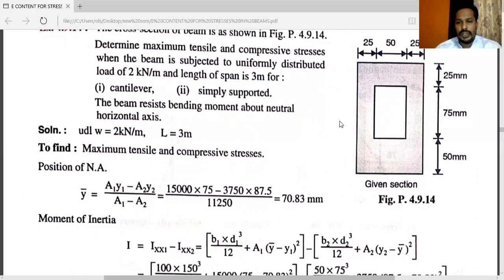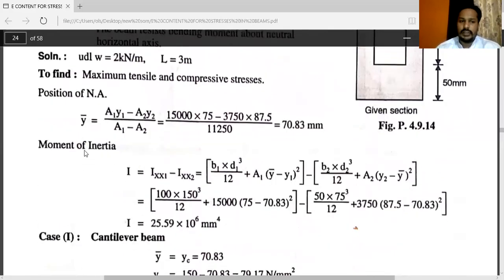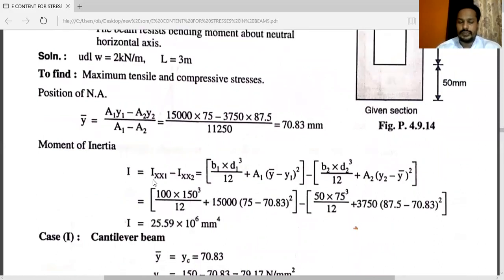See, means here you will get the Y bar from base. The distance of neutral axis is Y bar, that is 70.83. After getting the Y bar, you can calculate IXX. To calculate IXX, here you can take IXX1 minus IXX2. We know that how to calculate IXX1 by using parallel axis theorem. Here the parallel axis theorem is IG1 plus A1 H1 square minus IG2